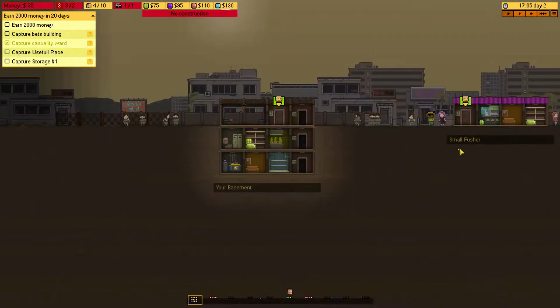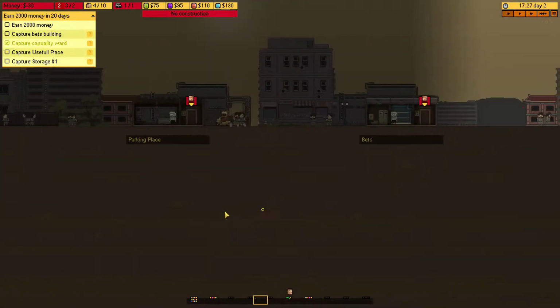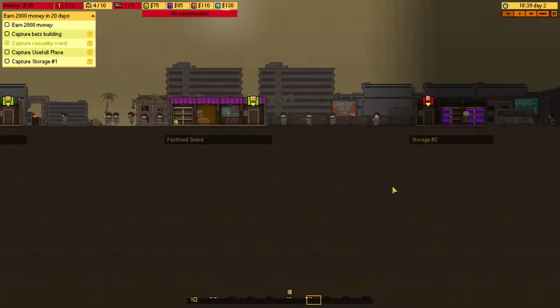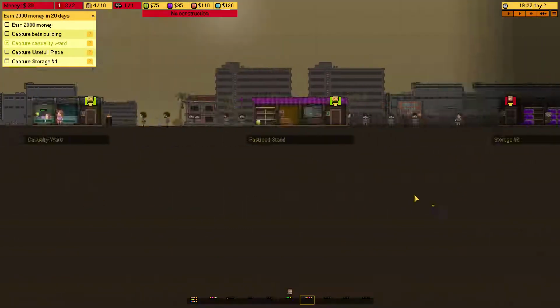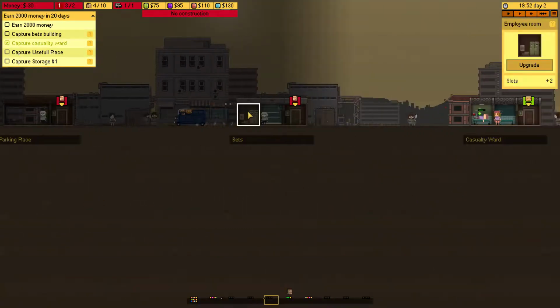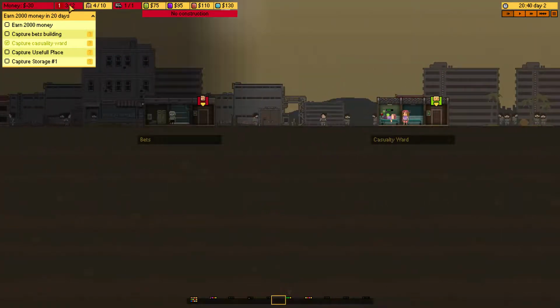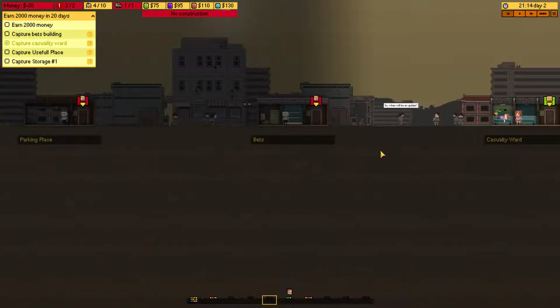So we're going to send her back to there. She's a full health employee. Sometimes they don't head to the right things, so you have to give people orders. So where is the bets? So bets allows you to hire more employees, which can be useful. Right now we have 2 more employees than we have areas. Don't think that really affects anything, but